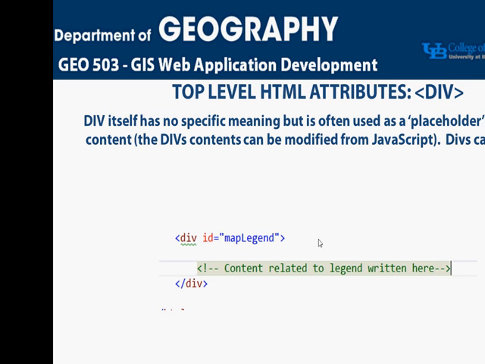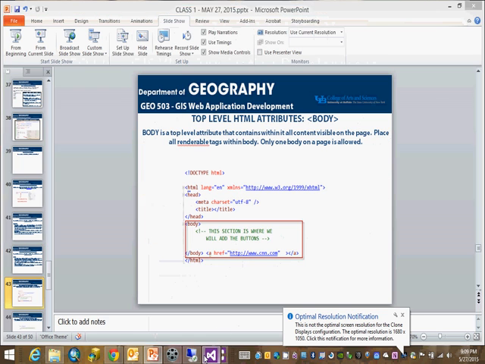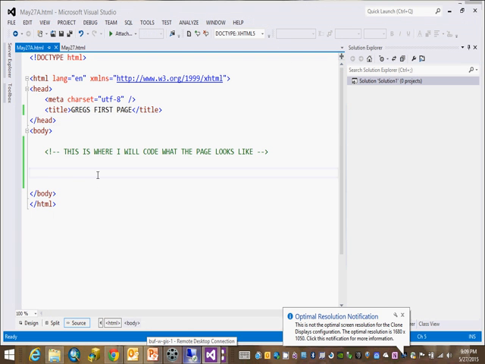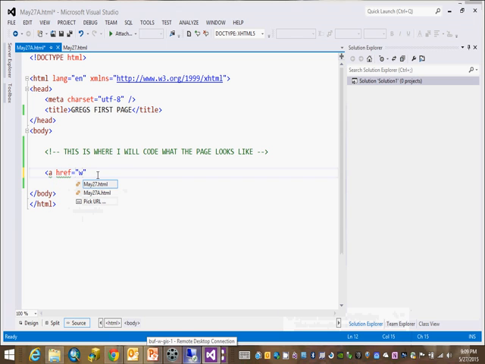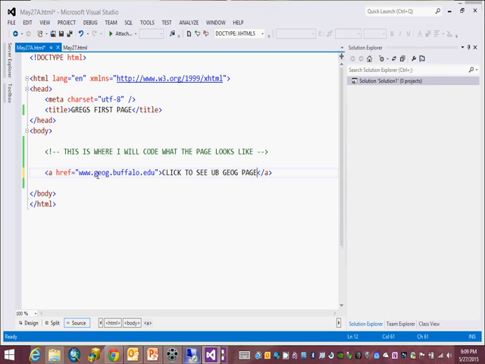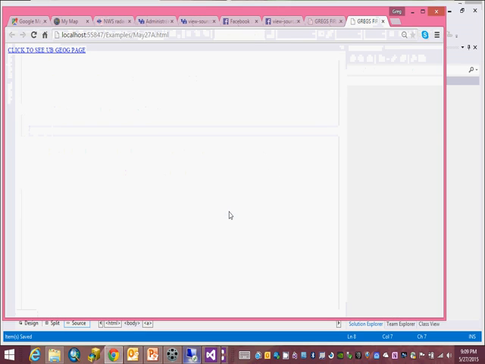So in our very preliminary development here, I've written one line to my code, an A tag with an href to this web address, and I put text in and then ended it with /A. If I go to view browser, notice now it's not just a white screen anymore. I get this link, and if I click on it,